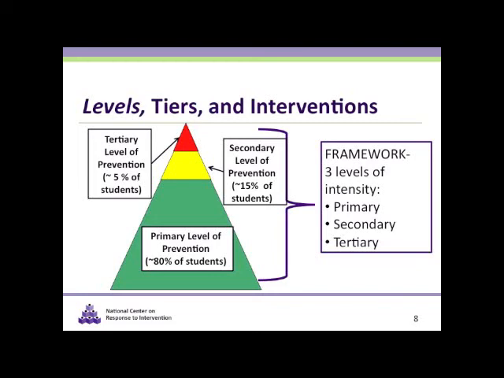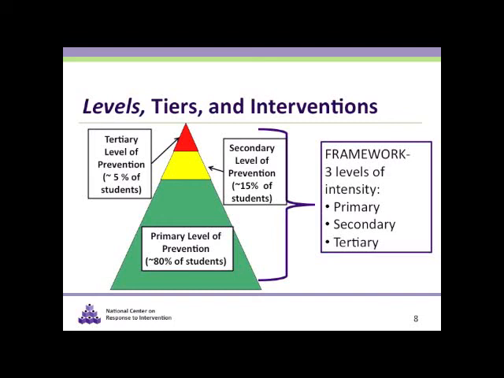The first, or primary level, is indicated in green. We expect most students, or at least 80% of students, to benefit from instruction, which uses well-differentiated instruction in the core curriculum. The next, or the secondary level, is indicated in yellow. We expect about 10 to 15% of students to need supplemental, small group instruction to benefit from the core instruction